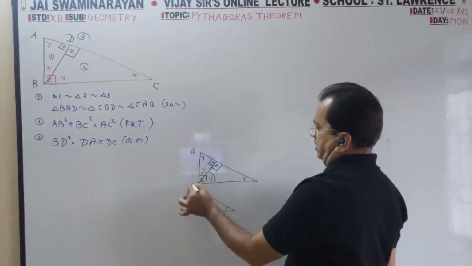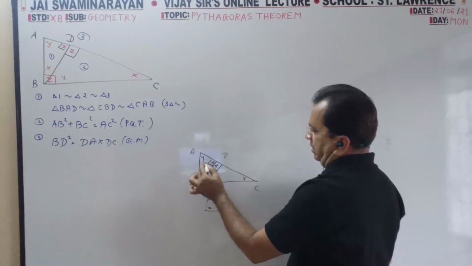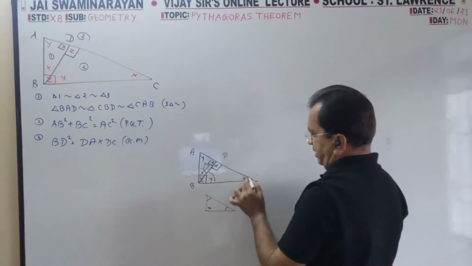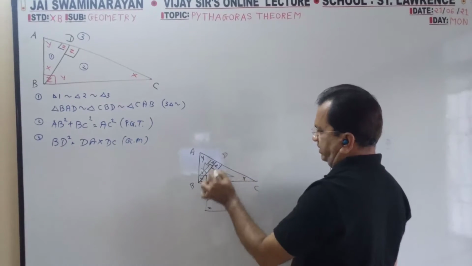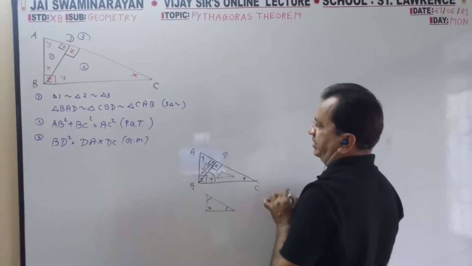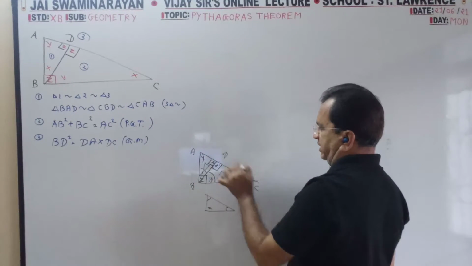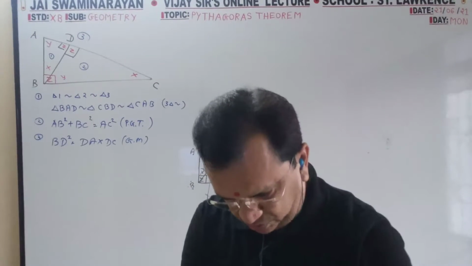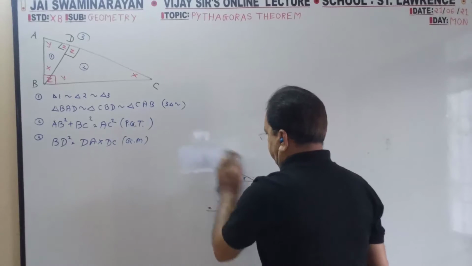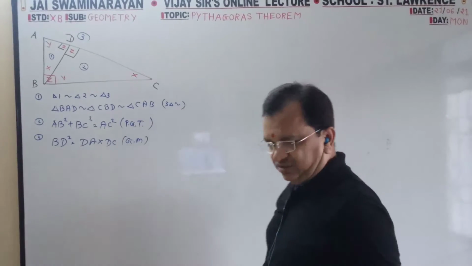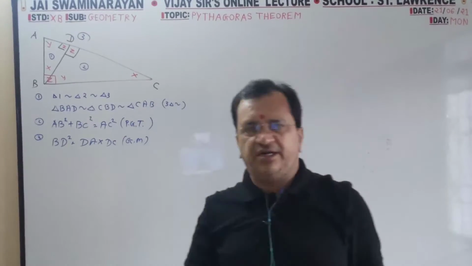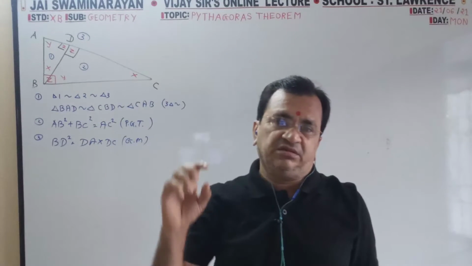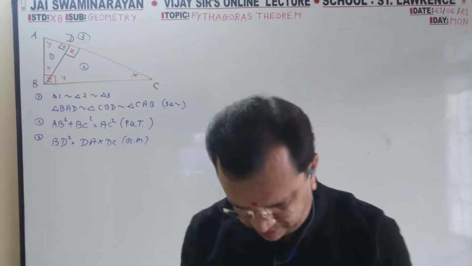Now take any names A, B, C, D. Now write the x, y, z names. B, A, D I have written. X, Y, Z second triangle: C, B, D. I have written CBD. Full triangle X, Y, Z: C, A, B I have written. So this is the introduction of the triangle. This alphabet with x, y, z in increasing order. Okay, ABC you can change, doesn't matter, but the x, y, z position should be kept.